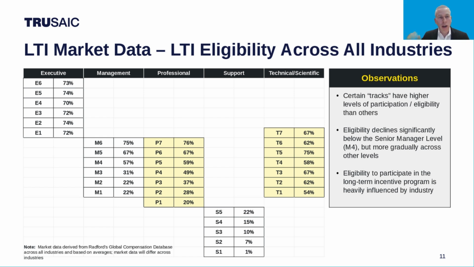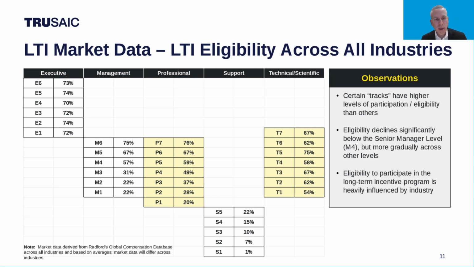So generally, when it comes to LTI eligibility, you're going to have pretty high participation from the executive team. Now, we show 70 to 75% eligibility. Part of that is it's not 100%, because not every company grants equity every year. You've got some privately held organizations that do not grant equity every year and therefore might not be eligible every year. But by and large, across all public companies, most everybody from the executive ranks is eligible